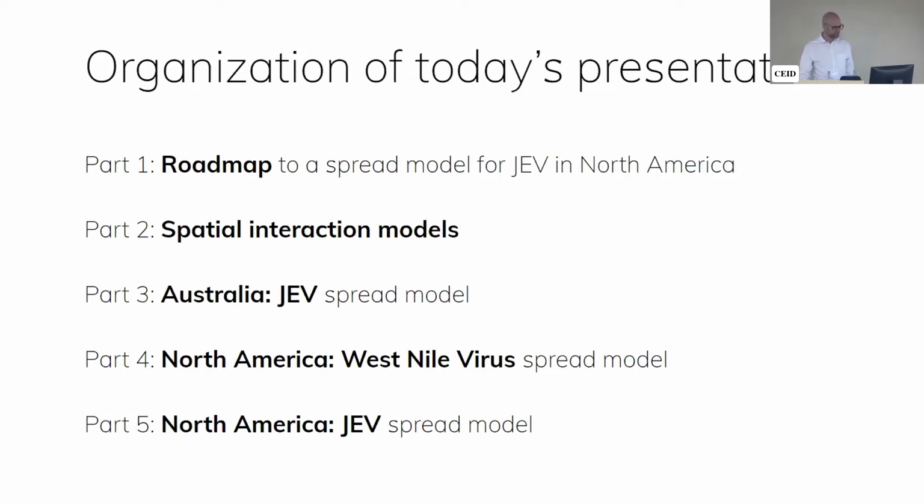So, an outline of my presentation: I just want to describe what I call a roadmap. I want to introduce you to the topic of spatial interaction models, which is an area of specialization of my research group here at the University of Georgia. Then some models that I think we could develop for JEV spread in Australia. I think it would be useful for us to retrospectively conduct an analysis of West Nile virus in North America. And then I think lessons learned from those two activities could be quite useful in developing a model that we might use in advance of any introduction of JEV to North America to prioritize, for instance, surveillance, interception, and control activities.